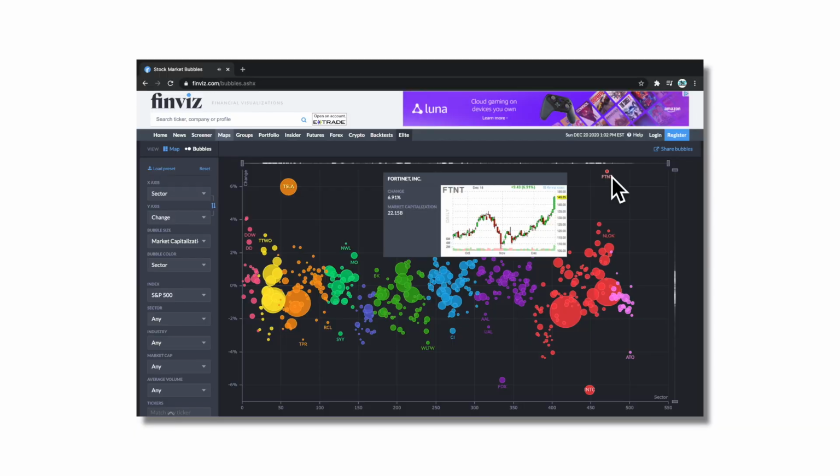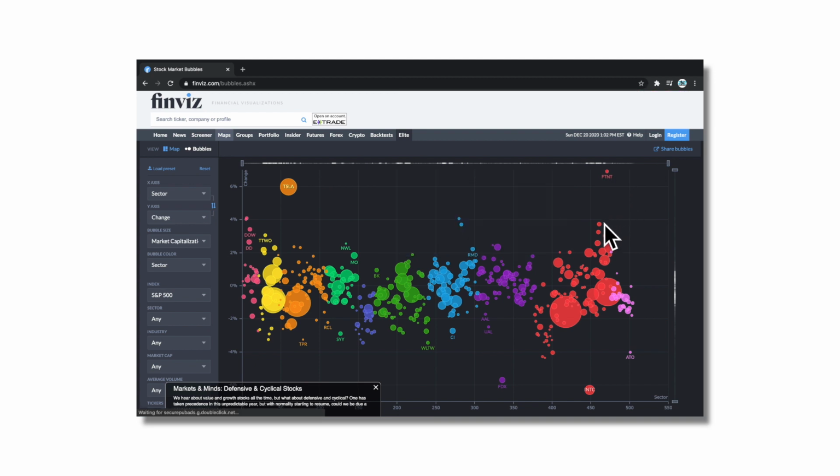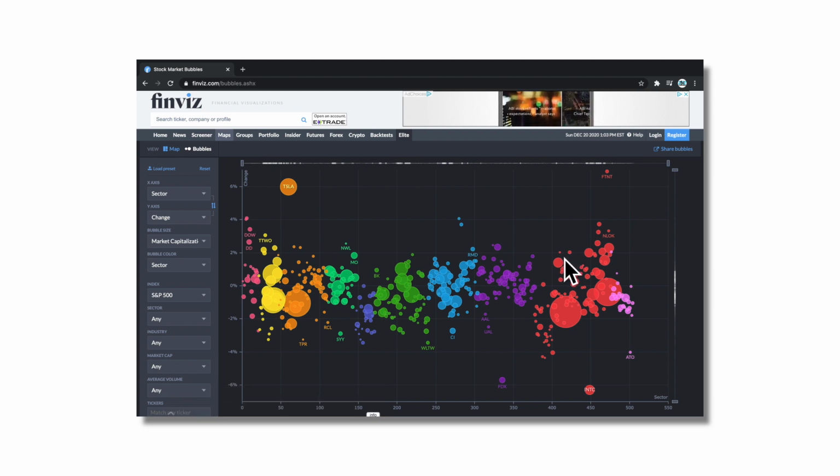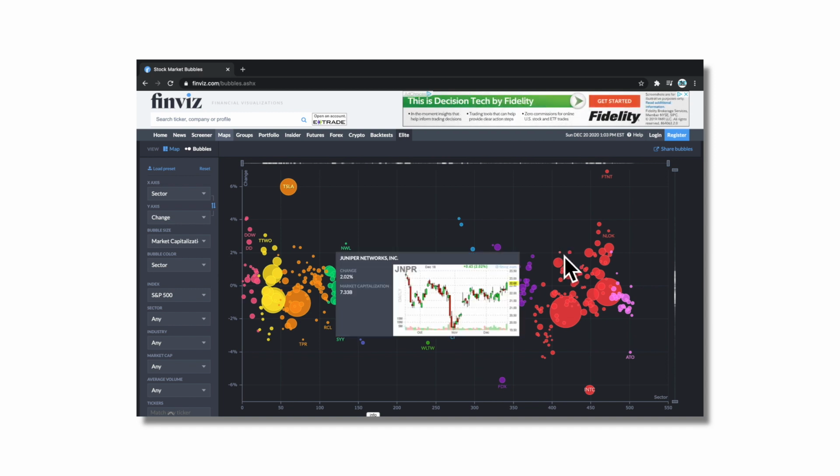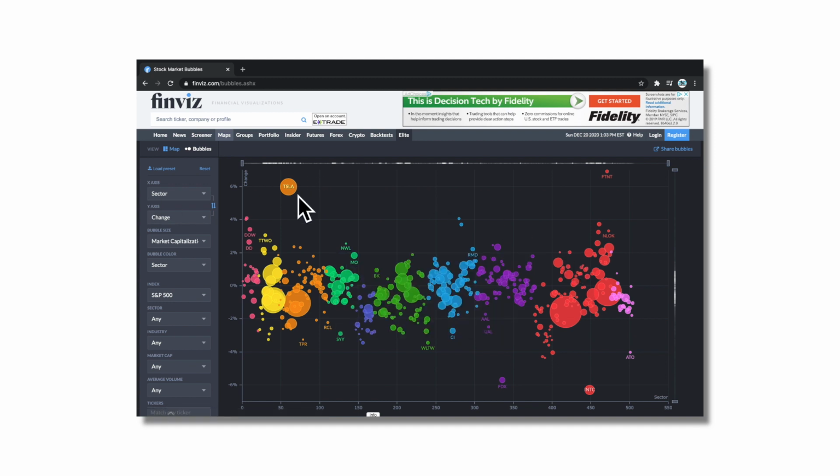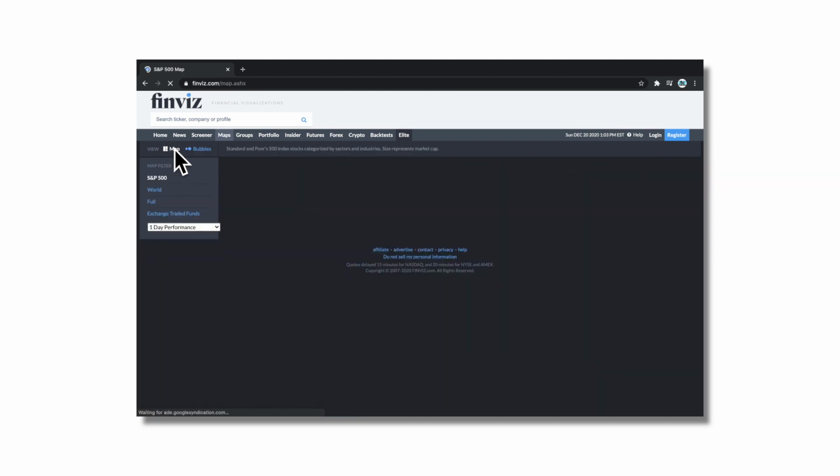Fortinet, excuse me. Fortinet went crazy. I assume this is based off of the SolarWinds hack that occurred last week. FireEye also went crazy. I bet you one of these is FireEye. Let's see. Yeah, FireEye is probably one of these smaller ones. It's probably this one that I can't grasp with my massively huge mouse pointer. Yeah, you know what? Maybe not. Anyway,